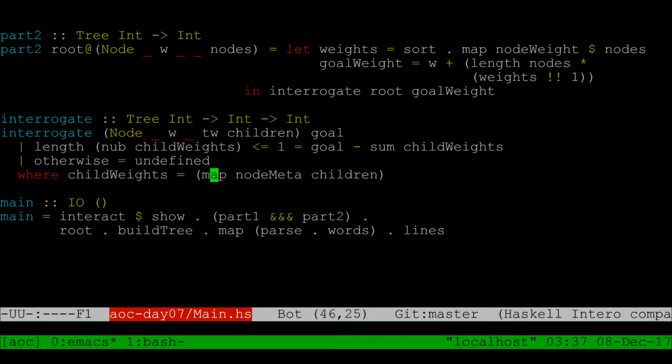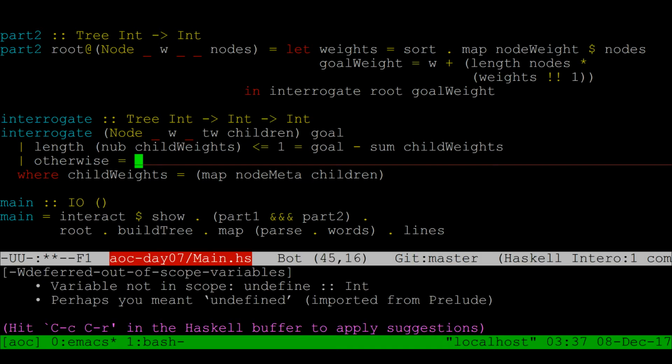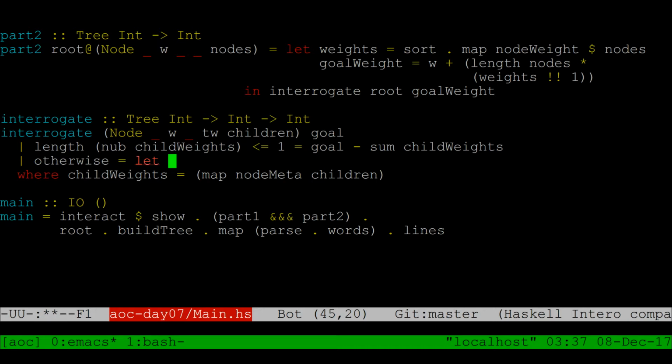So, given that that didn't happen, the children don't all have the same weight, we can say what? Otherwise equals, let child goal, I guess, equal goal minus the weight of the current node